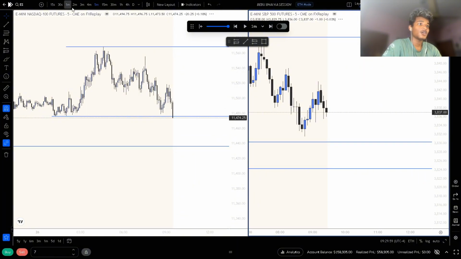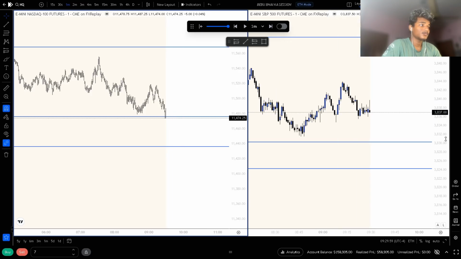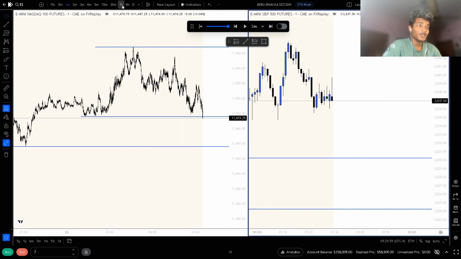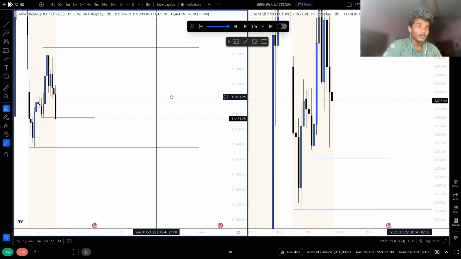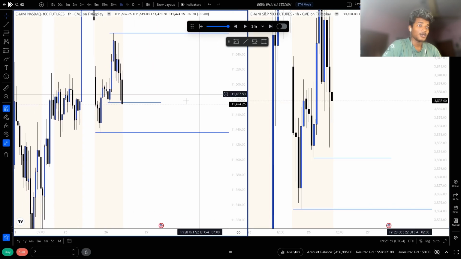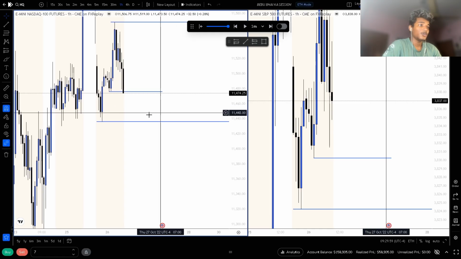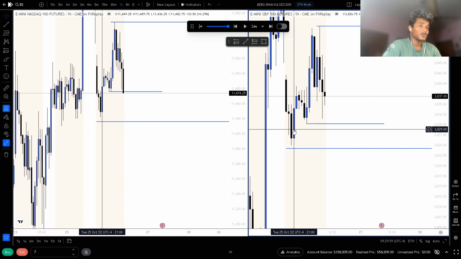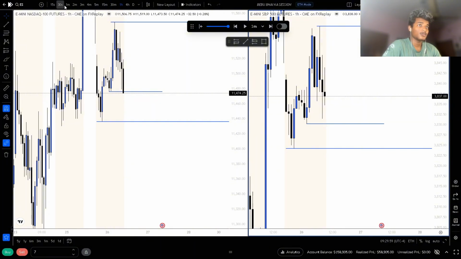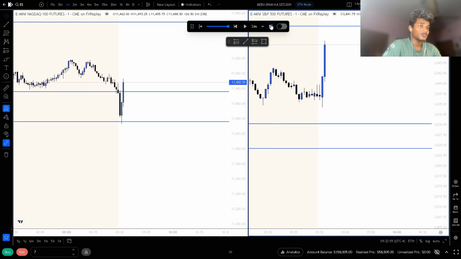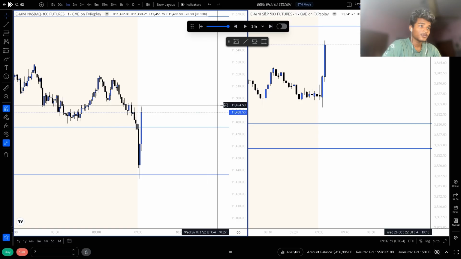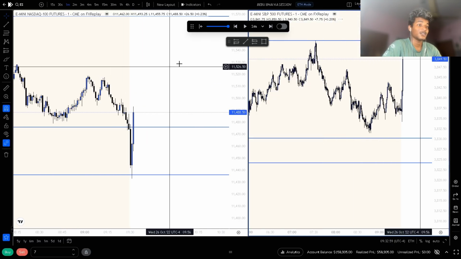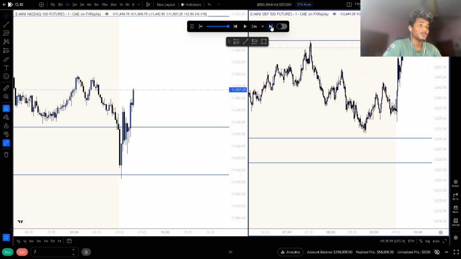So market open is here, and at the market open, pre-market we tapped the hourly gap. Did we? Yeah, we tapped the hourly gap, and I think we are gonna move lower to actually take out this draw. Yeah, let's see. Yeah, so we took out this draw. Market has actually taken a break-even point, and this would have been a very nice setup.